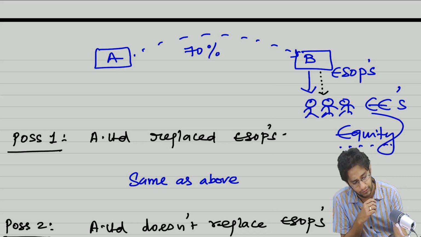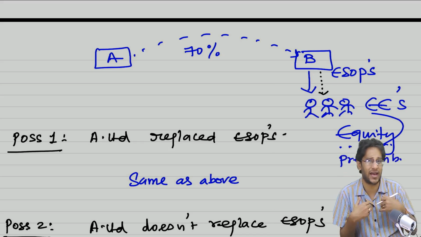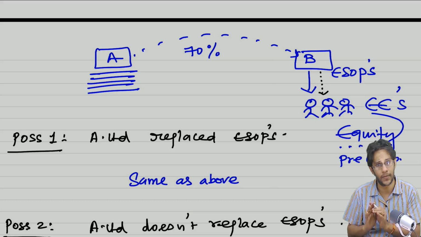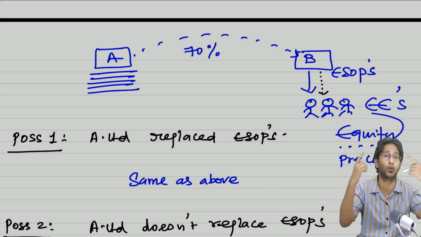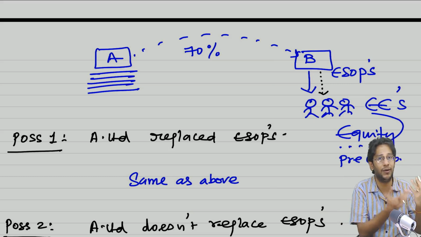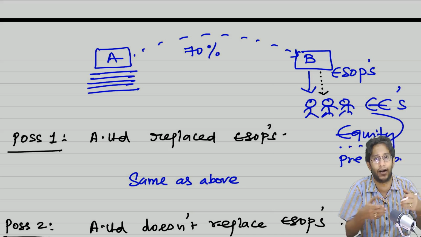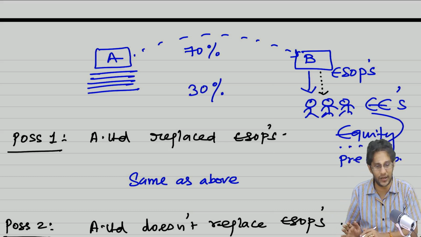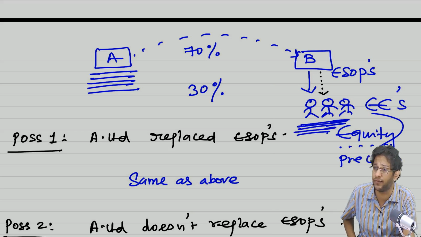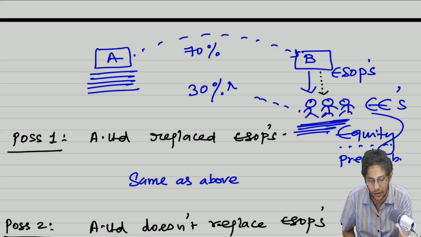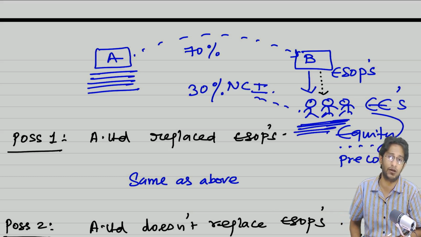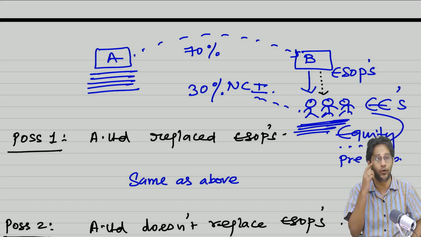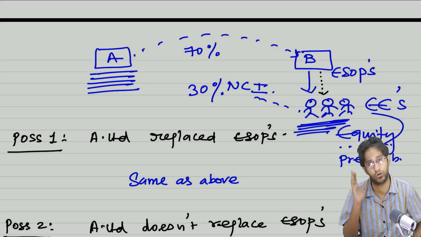But whatever pre-combination services worth is there, since A Limited is not going to pay for that, A Limited will not include that in PC. But ultimately, these fellows will eventually become the shareholders of B Limited. And once they become shareholders of B Limited, any shareholder in B Limited other than A Limited is who, sir? NCI. Today, your NCI percentage is 30%. Apart from the 30%, even these fellows' pre-combination service, to that extent, that number also must be added to the NCI. Because they are not just employees, they are employees with a paper called ESOP, therefore they become equity instrument holders. And therefore, the pre-combination services value must be treated as a portion of NCI.